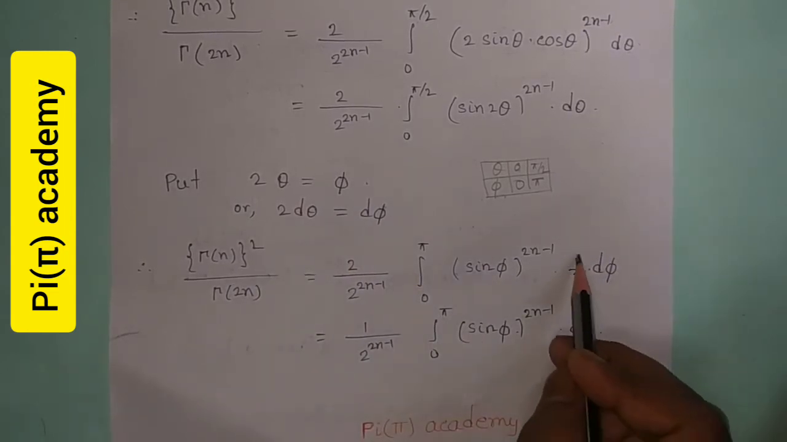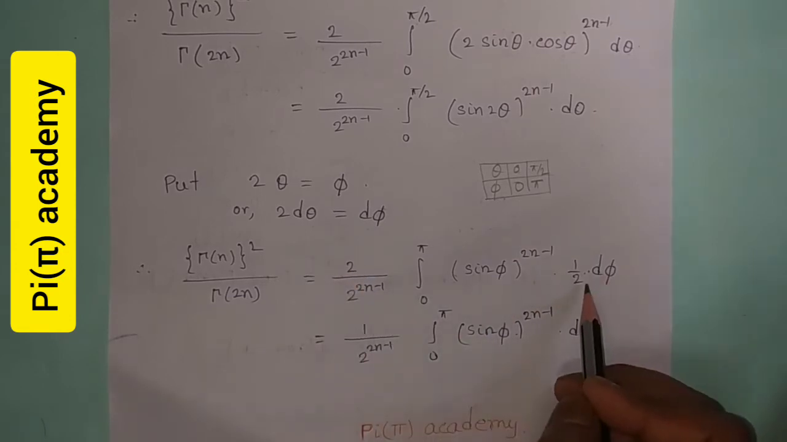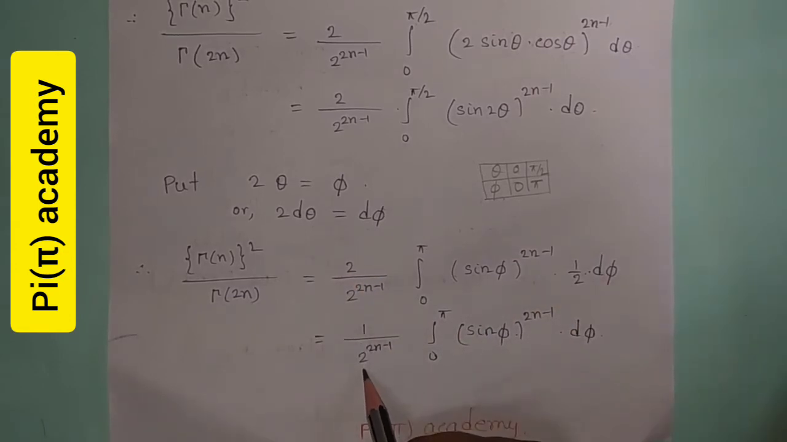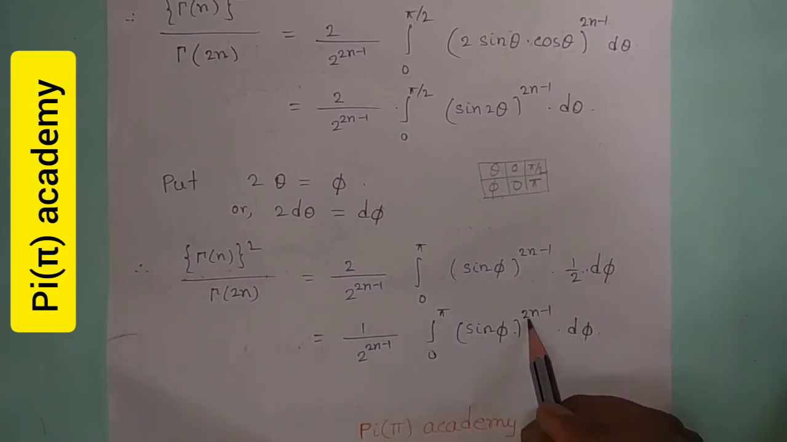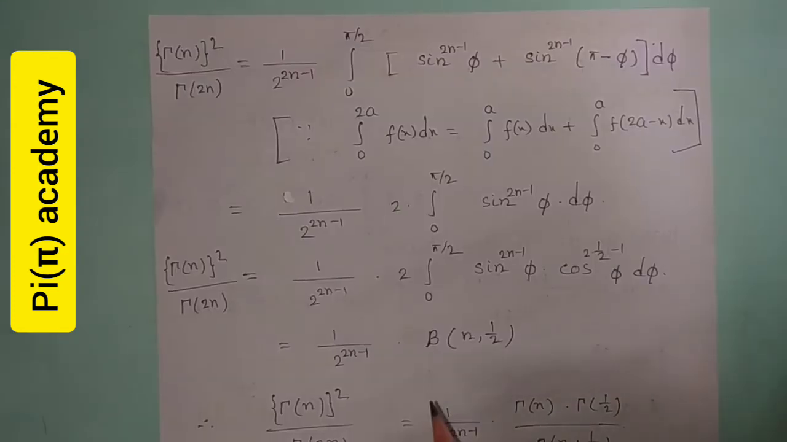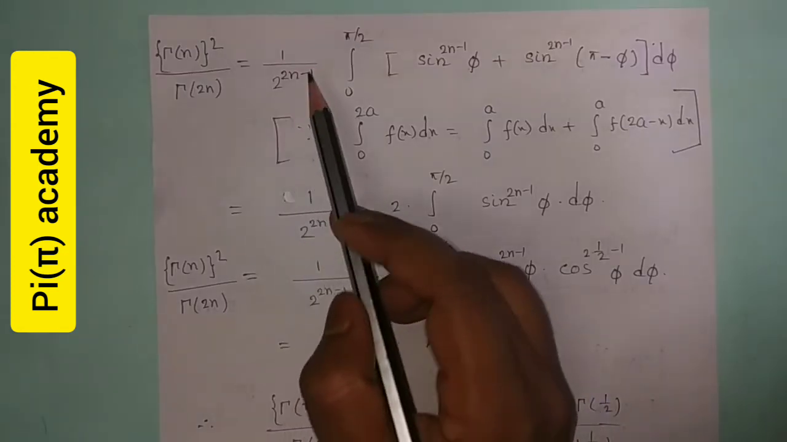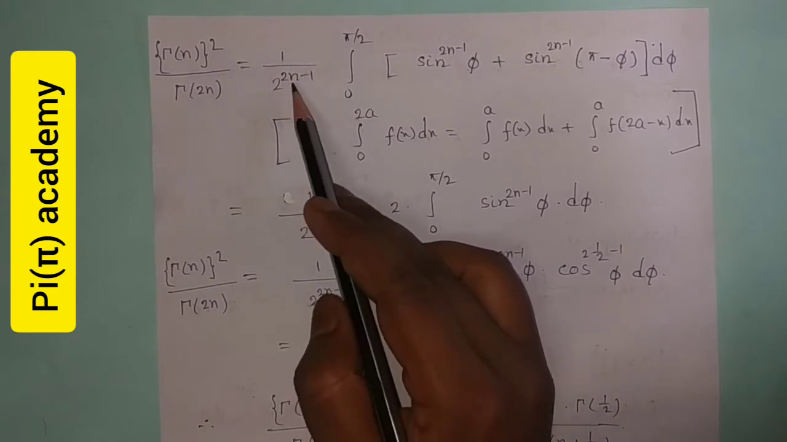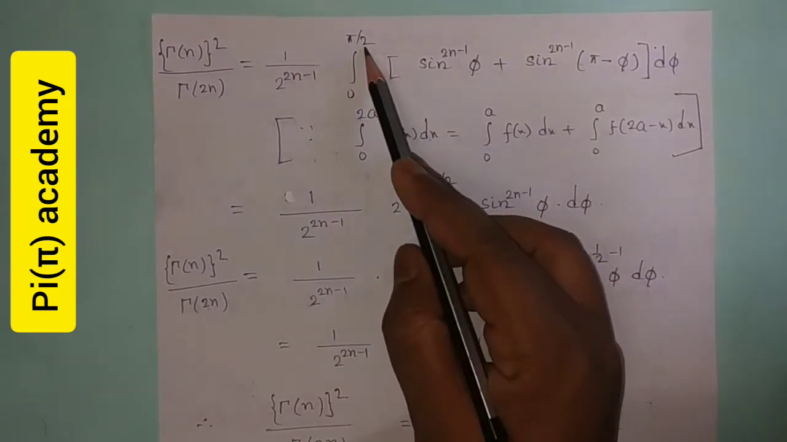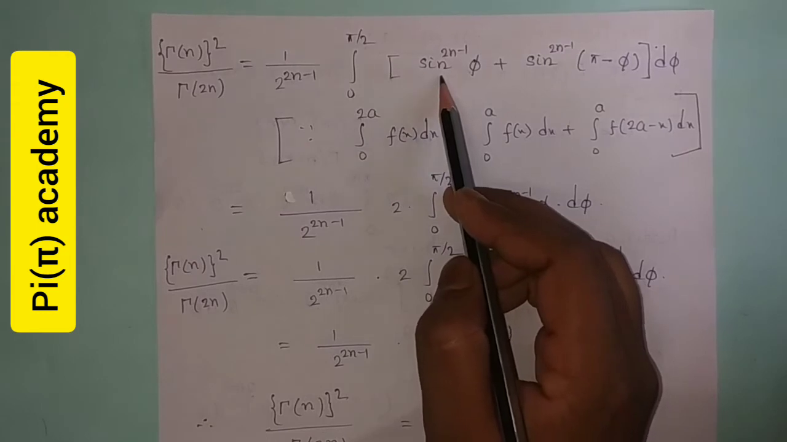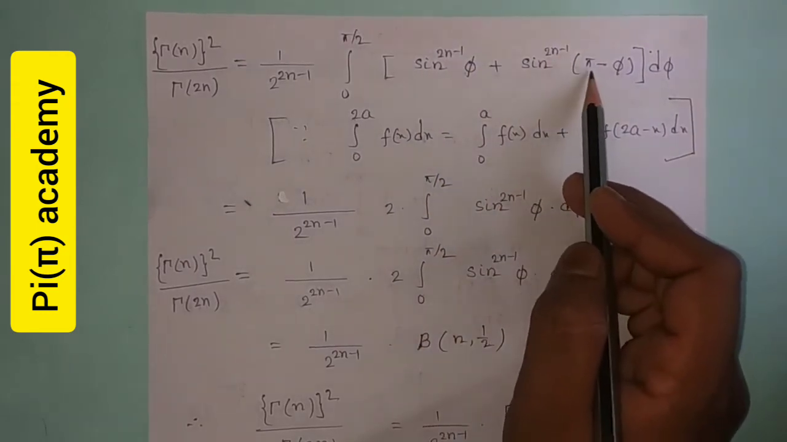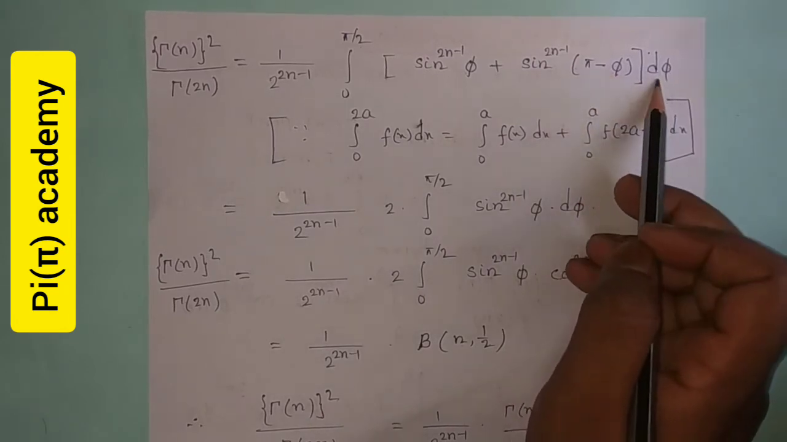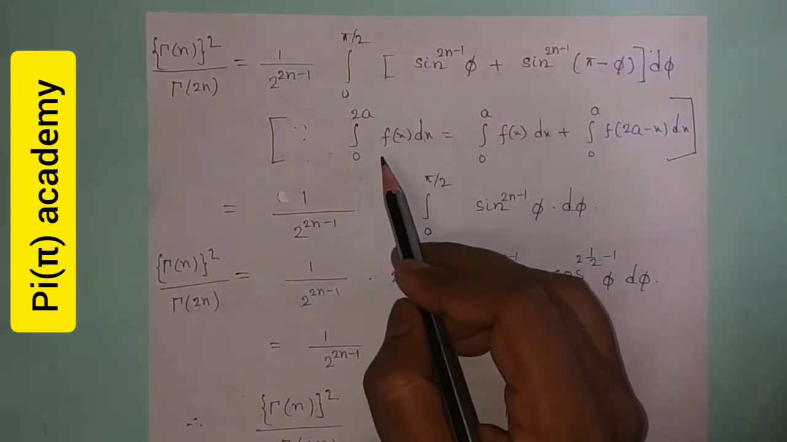Now this half and 2 cancelled, therefore 1 divided by 2 to the power 2n minus 1 into integral 0 to pi sine phi whole to the power 2n minus 1 into d phi. Now we can write the above integration as 1 divided by 2 to the power 2n minus 1 integral 0 to pi by 2 sine to the power 2n minus 1 phi plus sine to the power 2n minus 1 pi minus phi into d phi, because there is a rule that